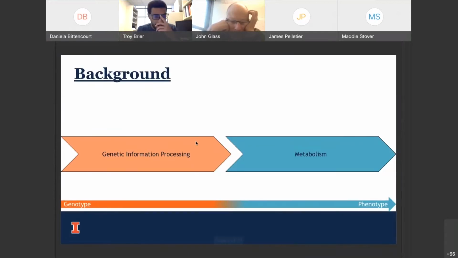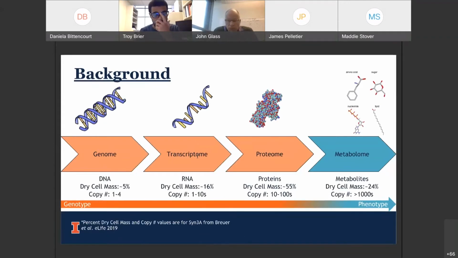To get started, we've talked about these major cellular processes, or my colleagues have talked about these earlier: the idea of genetic information processing and the metabolism. This is how the cell is able to go from the genotypic understanding to the phenotypic understanding. We have these cellular processes, and we like to describe them based on their states. The way we describe their states is based on the counts, or the numbers, of species within those subsystems